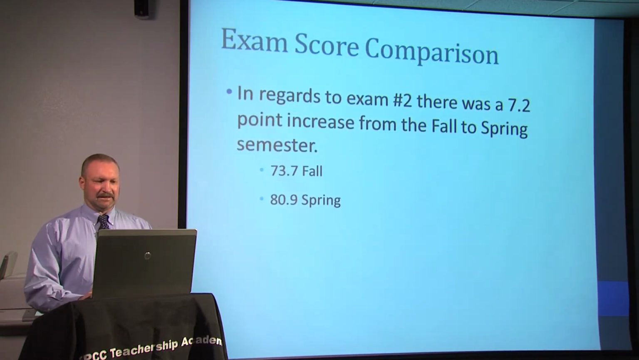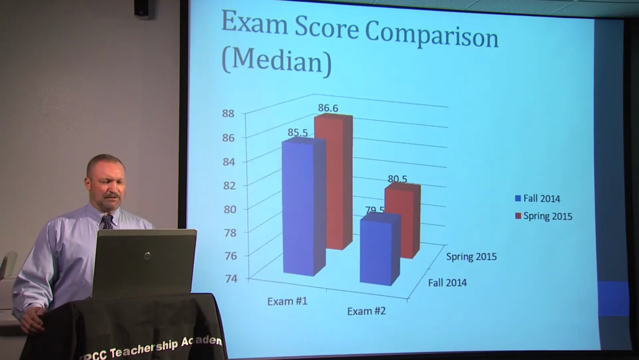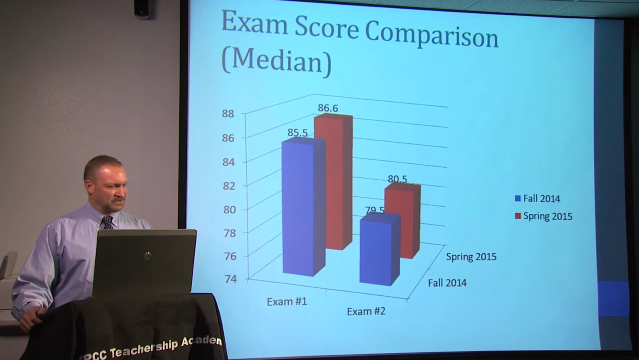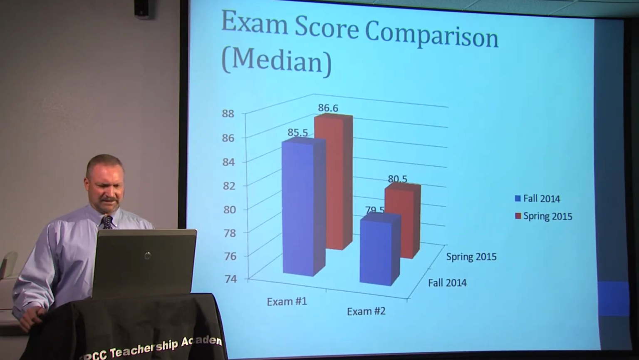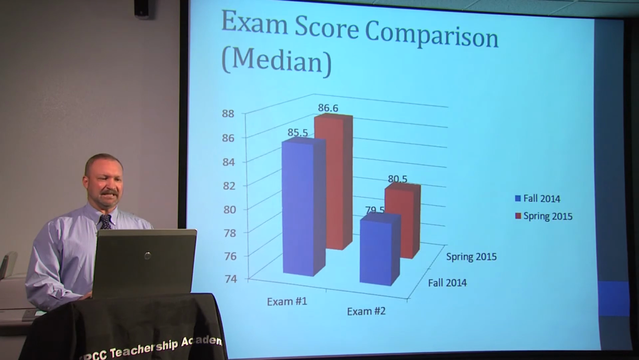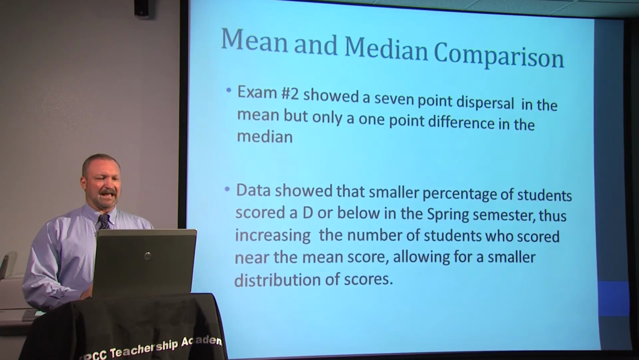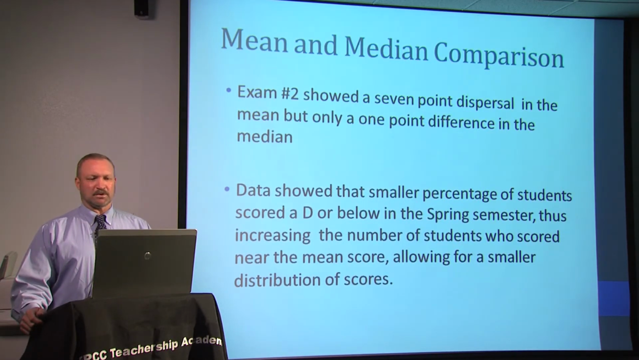So again, when we look at these, I wanted to look at the median score, and what I found is that again in exam 1, the scores were relatively the same, a 1-point difference, and also with exam 2, there was only a 1-point difference. By looking at the mean and median and comparing, I showed that in exam 2 there was a 7-point difference in the mean, but only a 1-point difference in